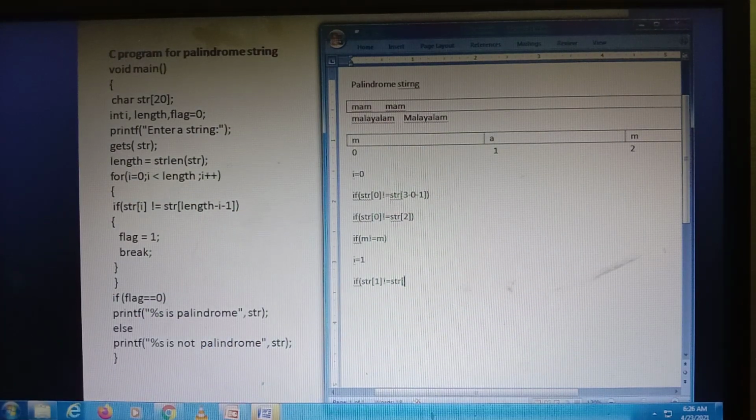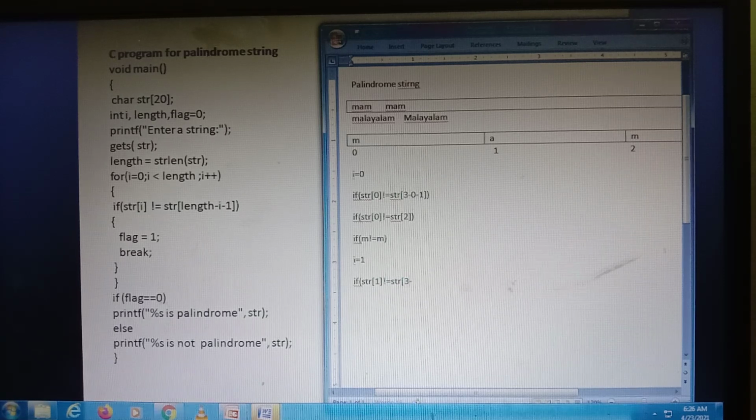It is STR of 1 again. Both are the same. So I am increasing the font here.